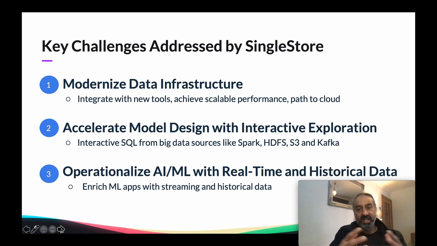These tools have to be scalable. They want them to be performant. They don't want to be waiting days of execution of the models when you're training. And lots of people are now starting to look for a path to the cloud.